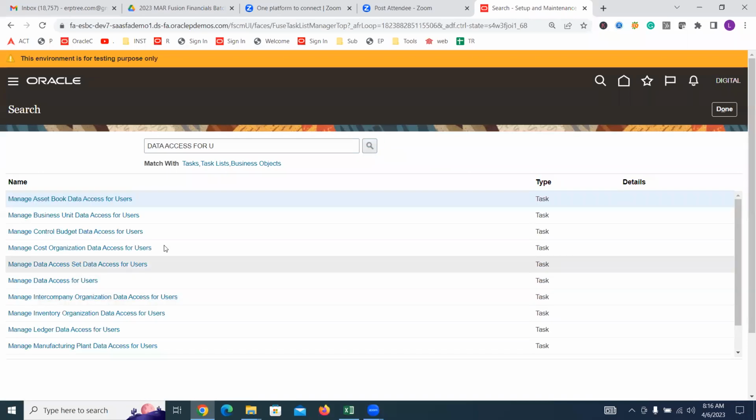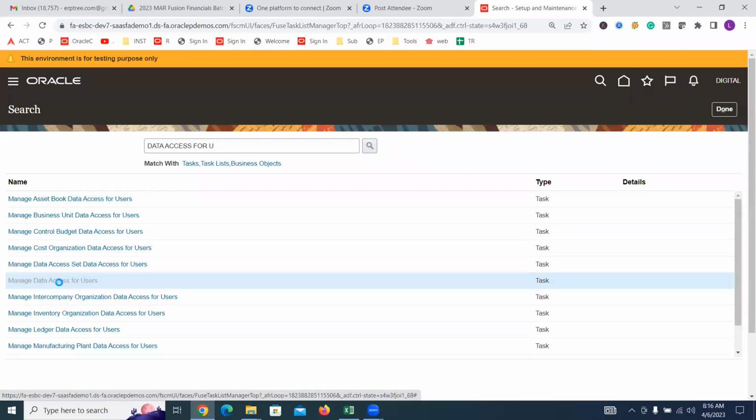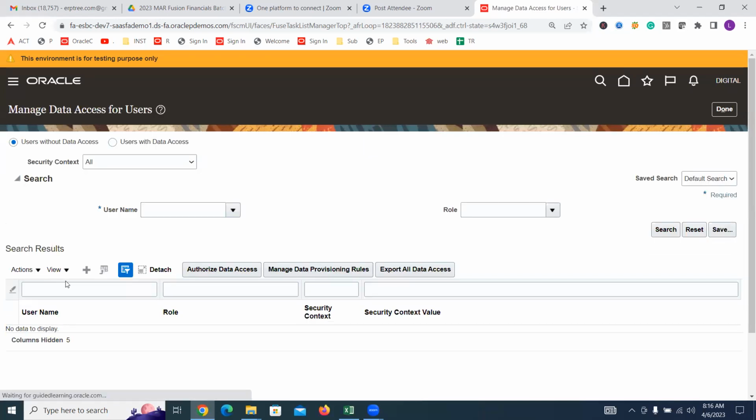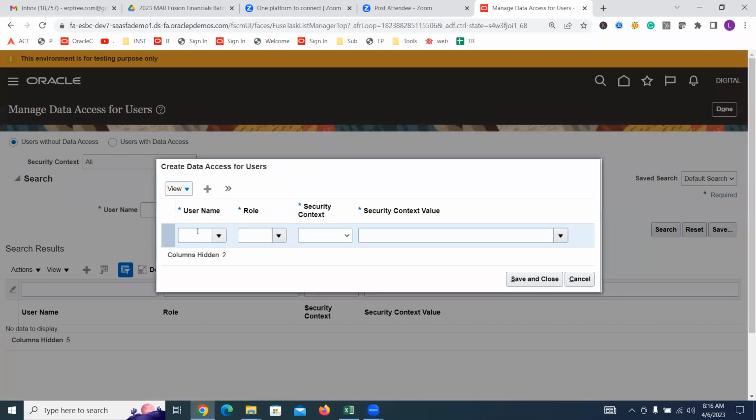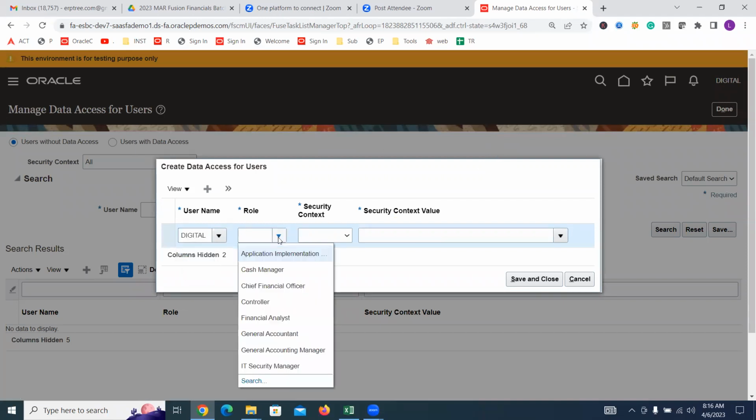Search. Select this task. Click on add. And username, same, digital. Select role. The role is